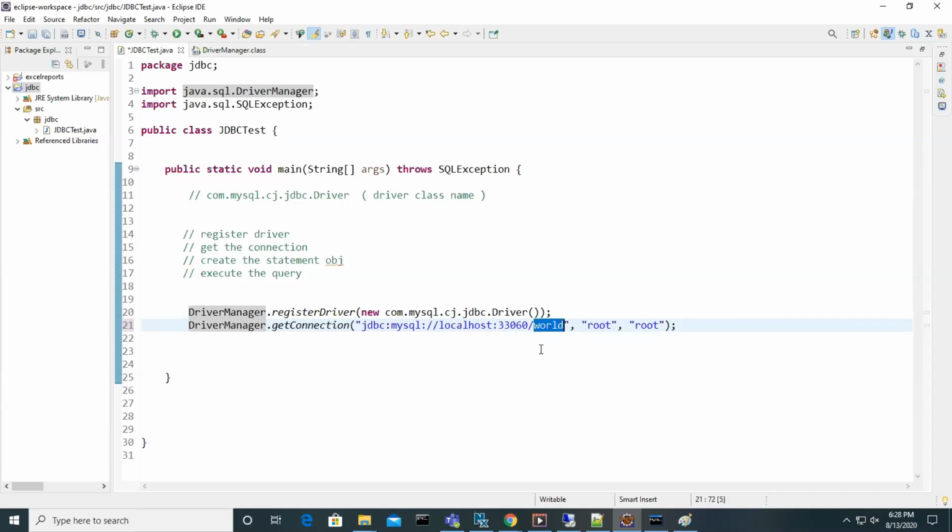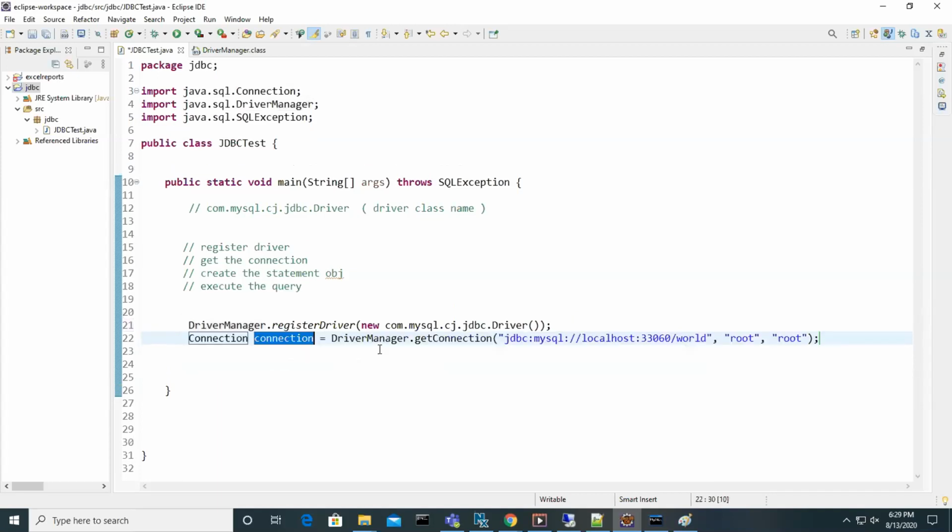Under the database server, you will have multiple databases, right? Like yesterday we have seen the databases. There you can pick whatever database you want. If you create your own database, you can use that; we will see how to create our own database. For the time being, we are using the existing database which we get by default.